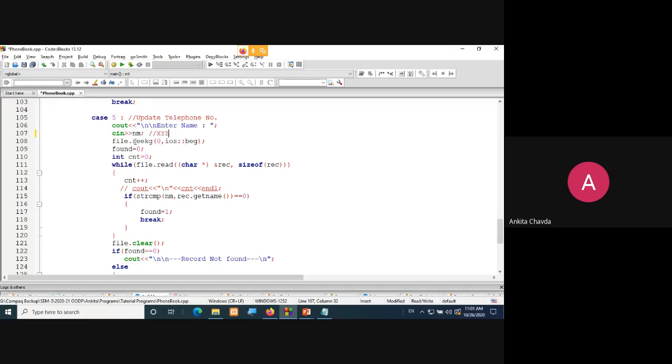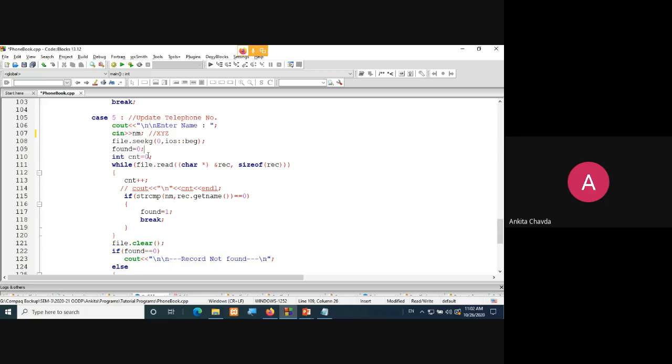Okay. Now what I need to do, again, I just need to set my file pointer to the 0th location. So that I'll do. Found is equals to 0. That is my flag. Integer count is equals to 0. Because I want to count how many records I have gone through, right? For setting my particular position. So that you will simply get to know, right?